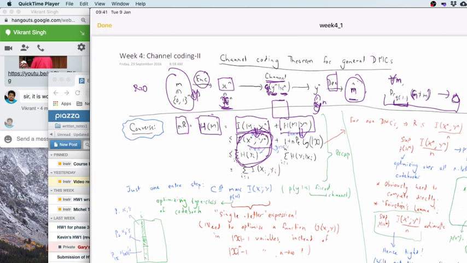So this mutual information is equal to H of y^n minus H of y^n given x^n, right? H of y^n by the independence bound you can bound like this, and the conditional entropy, because it's a DMC, you can bound like this, right? And then combine them term by term together, and you get a summation of these mutual informations. Now, for every one of these terms, the